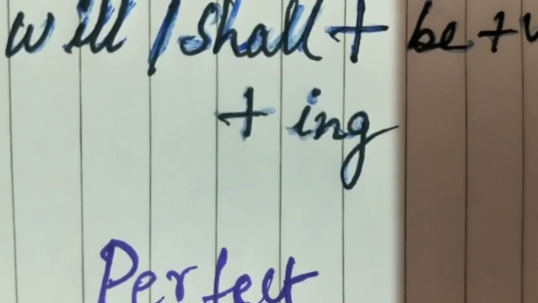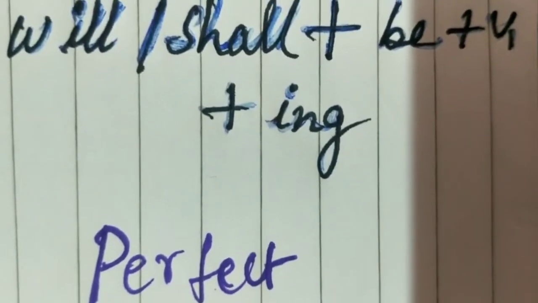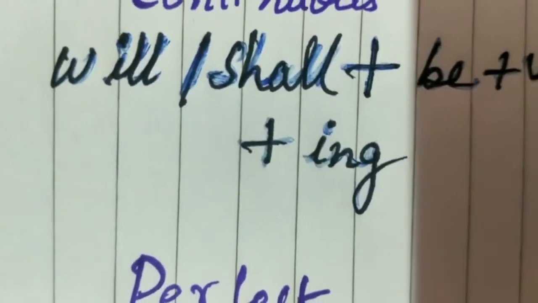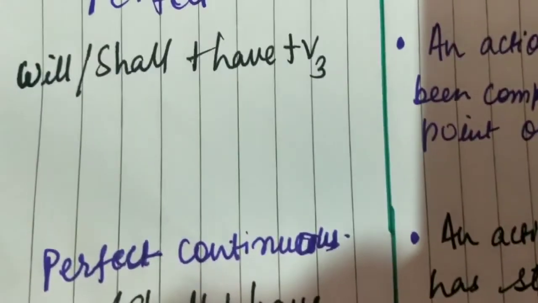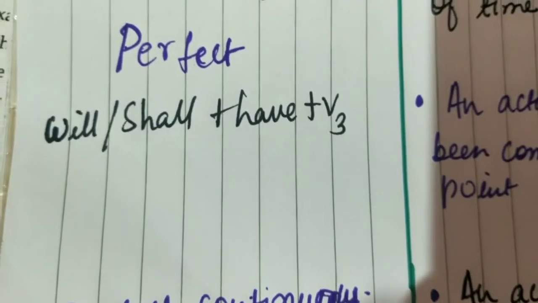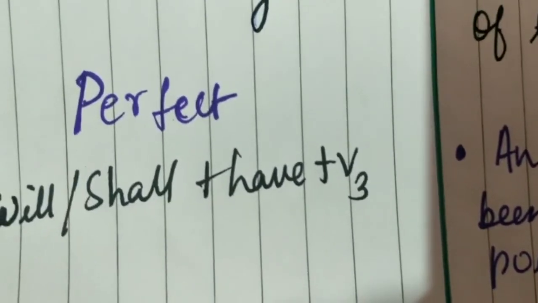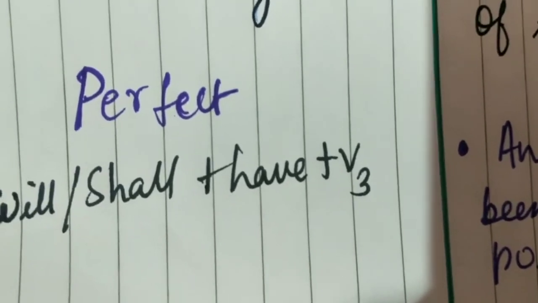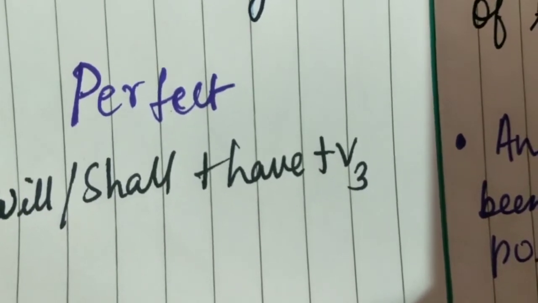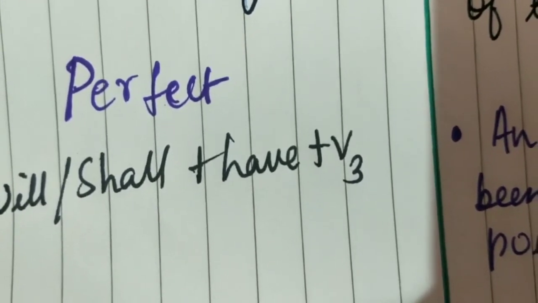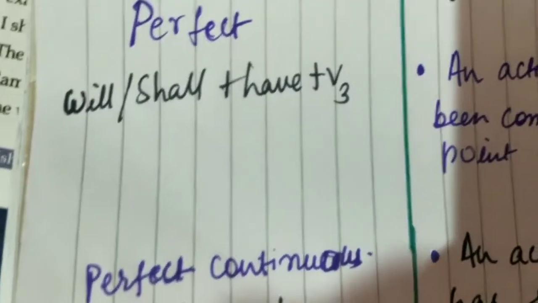Then the future perfect tense indicates the completion of an action, like they will have finished dinner by now, or I shall not have returned from work till then. Now the future perfect continuous tense